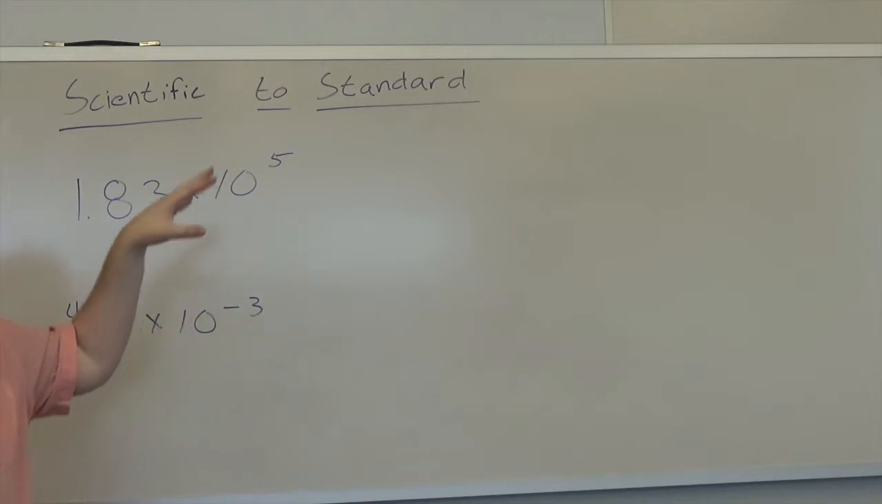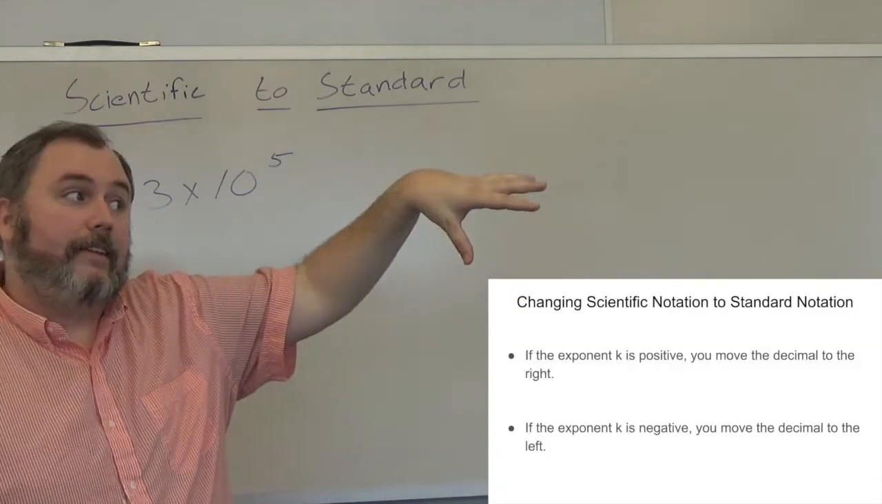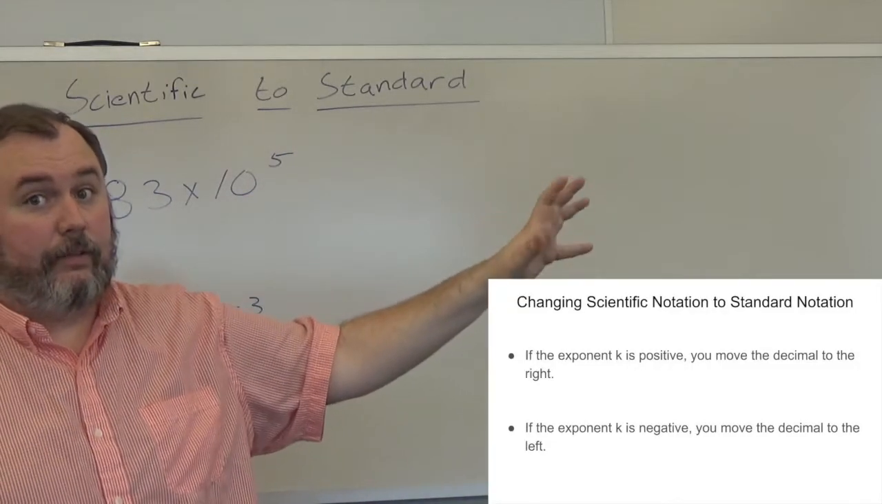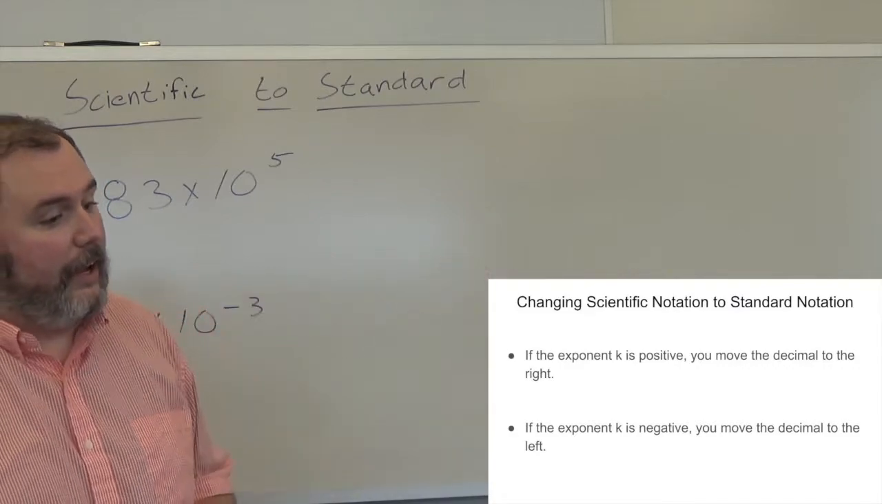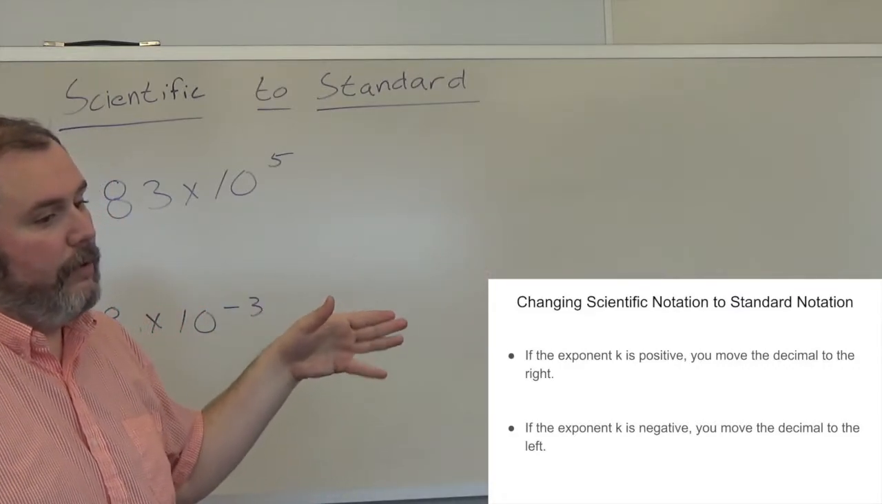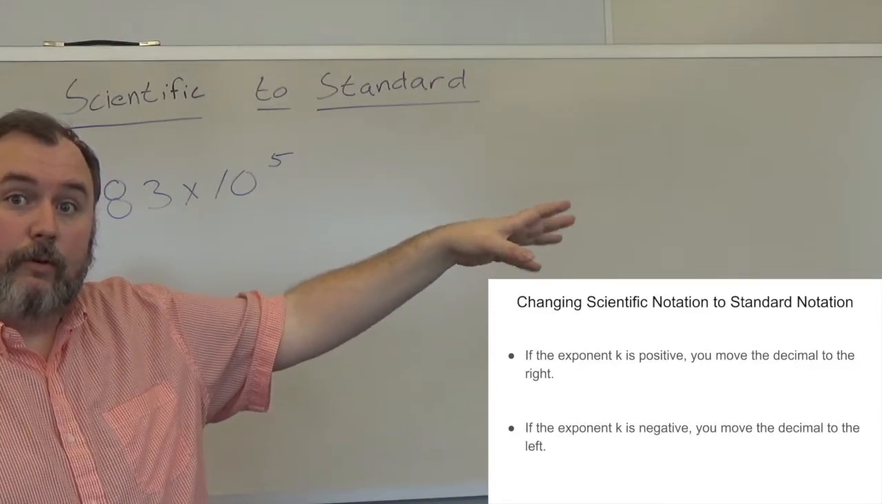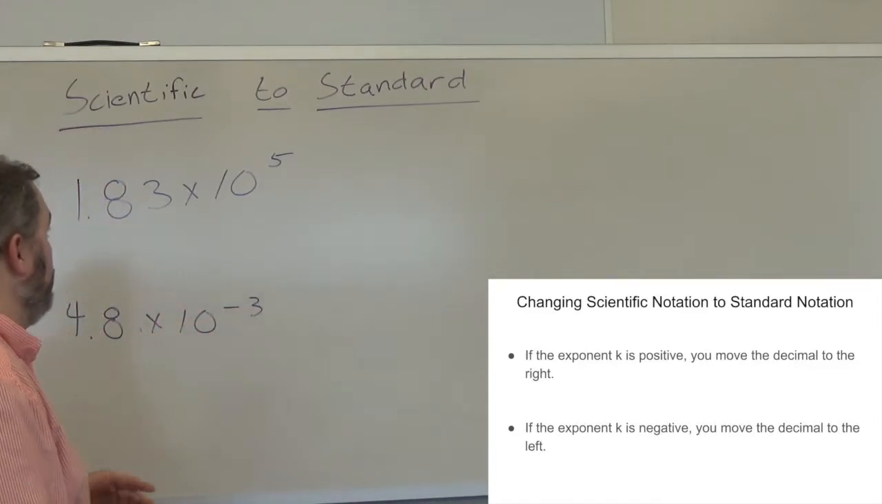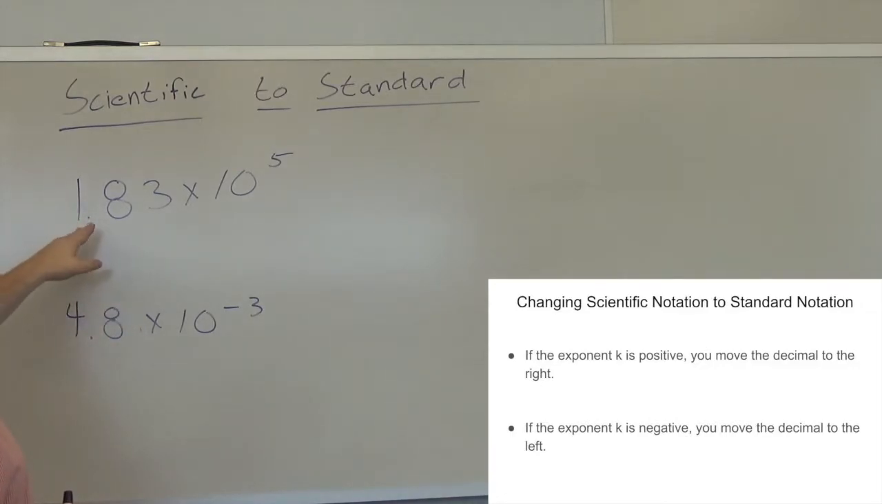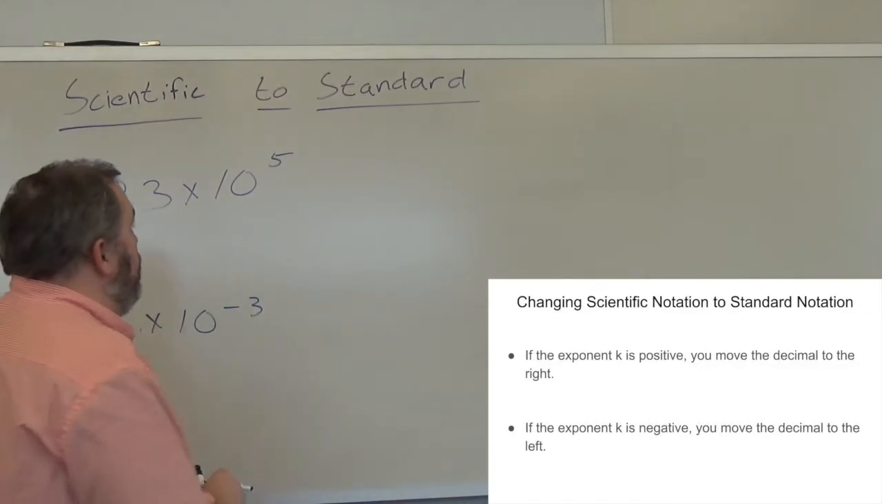So our rules again are written right here, but pay attention, these rules are slightly different than the last one. And this time it says that if the k is positive, we're going to move our decimal to the right, and if it's negative, we're going to move it to the left. So let's do this. The best way to start is write your first number down,